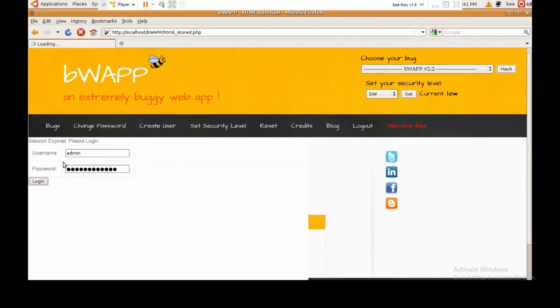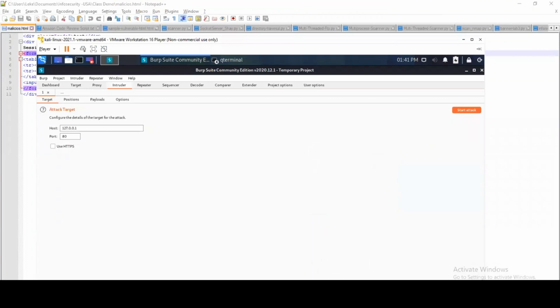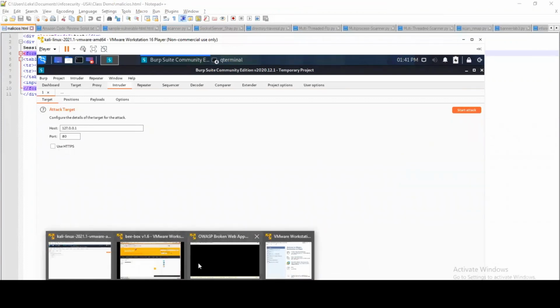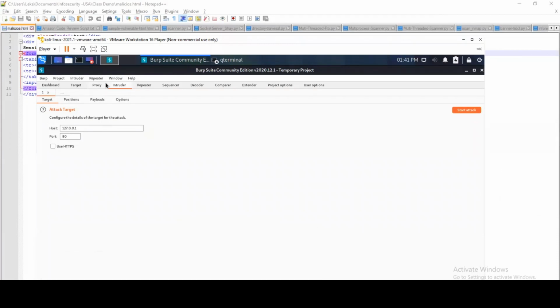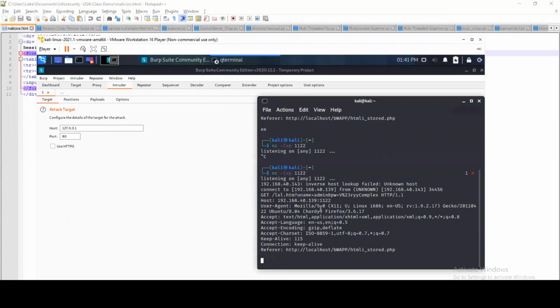The thing is, because I'm listening, it will keep rotating. So let me go back to my listener to observe whether I've been able to get a prey. You can see that immediately I enter my username and password, the username and password has been captured because I'm listening. So that's how dangerous a stored XSS could be. You can use the stored XSS to set up a listening port and all of